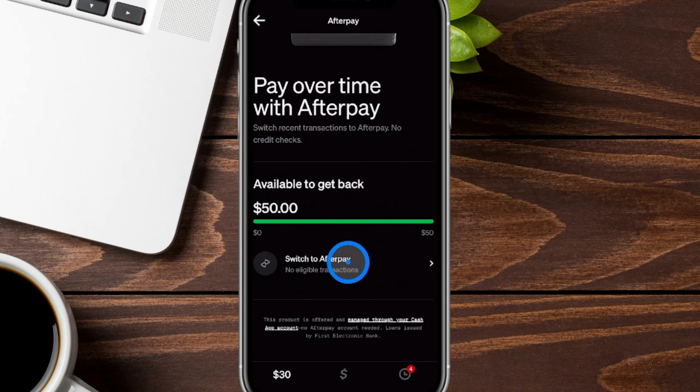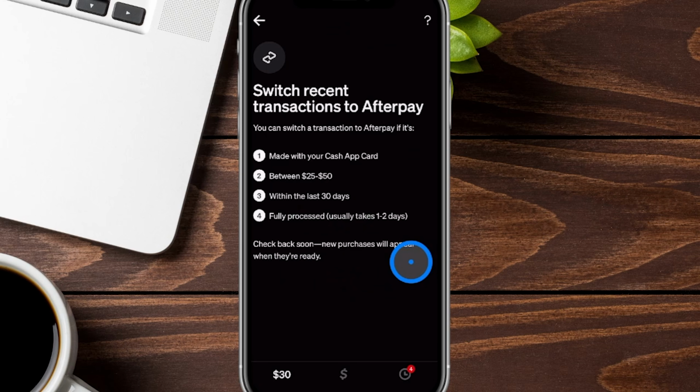So you can see it says switch to Afterpay. Currently it says no eligible transactions, but I'm going to click on this here just to show you what it's going to need for this transaction to go through. So here it's going to show us what we need to switch our recent transactions to Afterpay. So the first thing is you had to have used your Cash App card. So that physical Cash App account card, or if it's on your Apple Wallet or your Google Wallet, that'll also work as well. And right over here, you can see it has to be between $25 and $50,